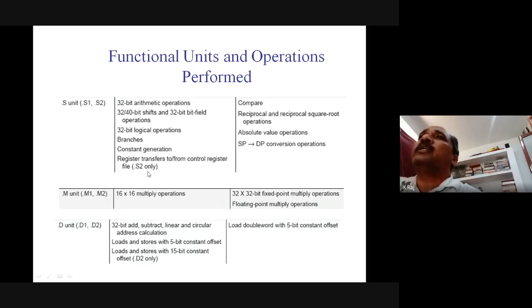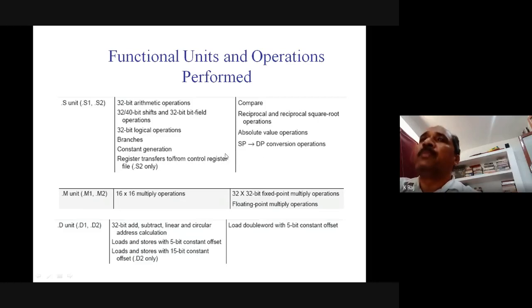It has to be noted here that register transfer to and from the control register is performed only by the .S2 in fixed point. In floating point, the operations performed by S1 and S2 are comparison, reciprocal and reciprocal square root operations, absolute value operations, and